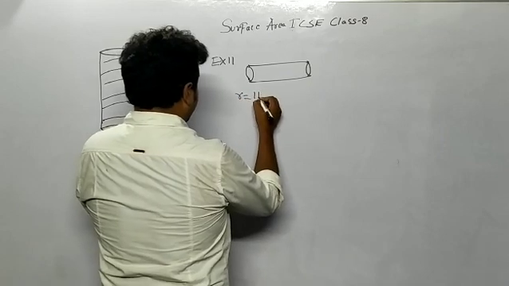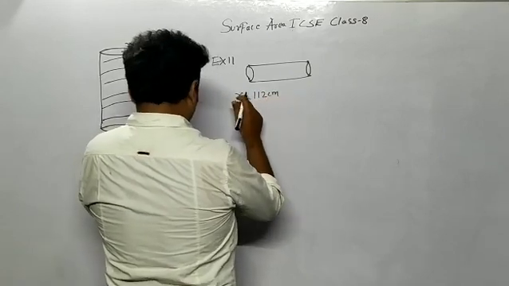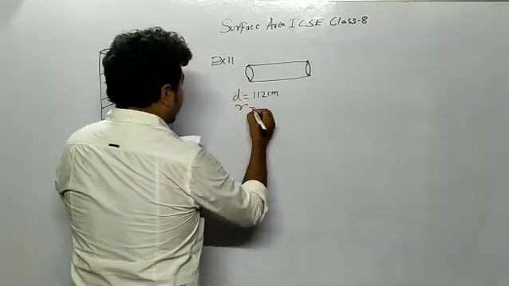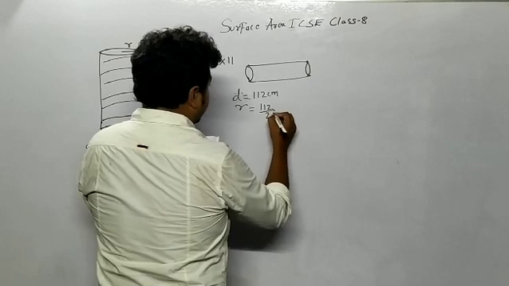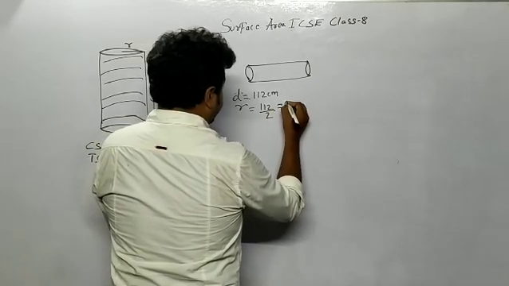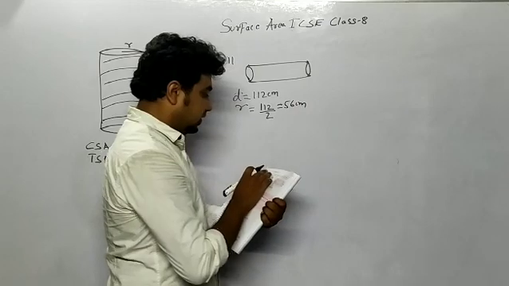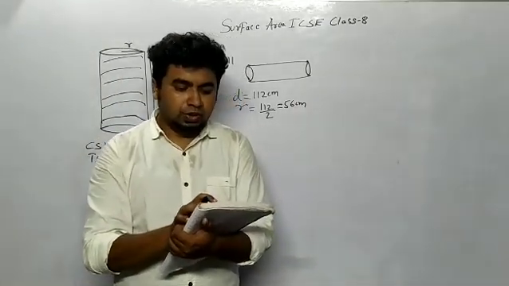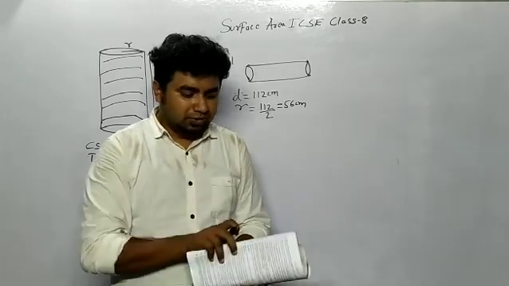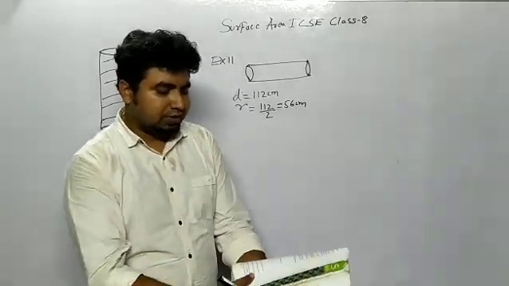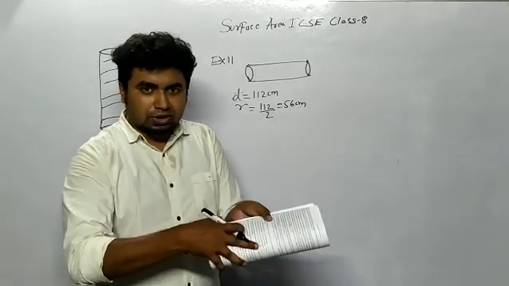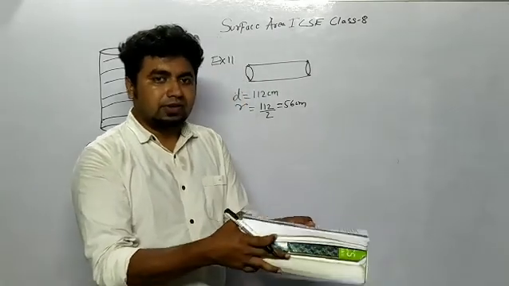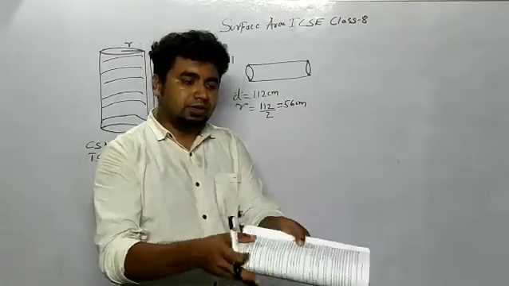The diameter is 112 centimeter, I am sorry, the diameter is 112 centimeter. Radius will be equal to 112 divided by 2, which is 56 centimeter. A road roller takes 800 complete revolutions to move once over to level a road. Means it is rolling like this, with respect to the curved surface area. Whatever is the curved surface area, that is the amount it gets rolled in one time. It is rolling and moving forward.